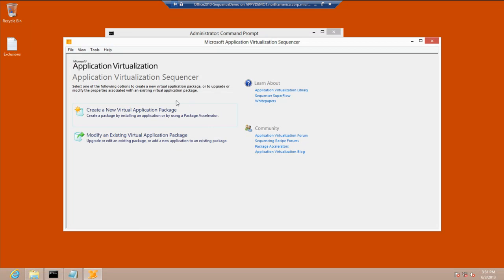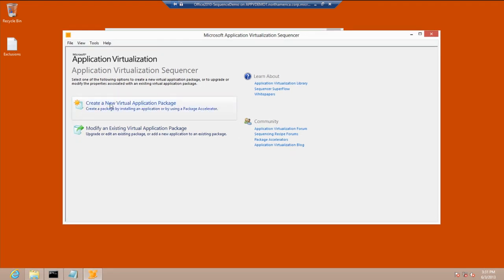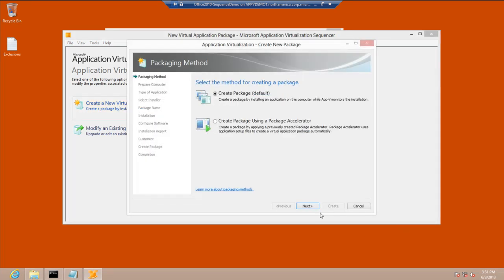All right. So we have our sequencer. Hopefully this is familiar to some of you. If it's not, then I hope this is a valuable experience for you, seeing sequencing for the first time. All right, so we're going to create a new package. Actually, before we do that,